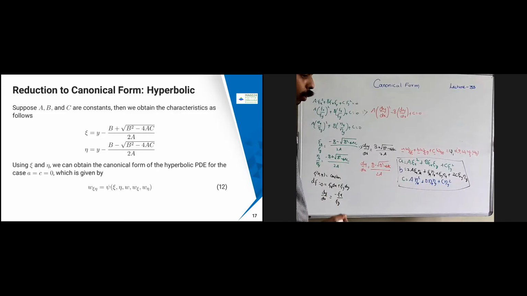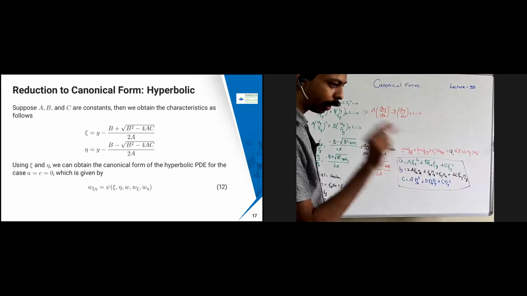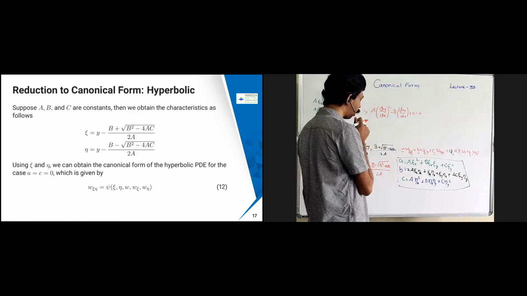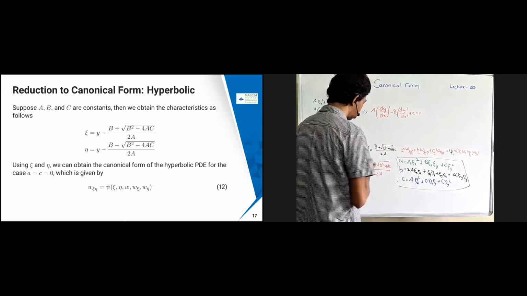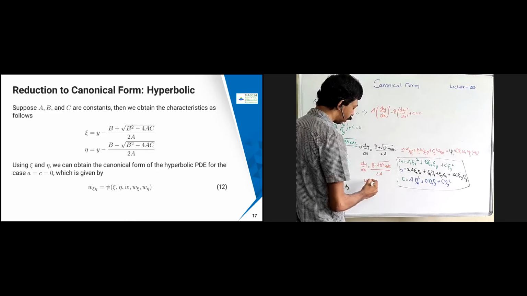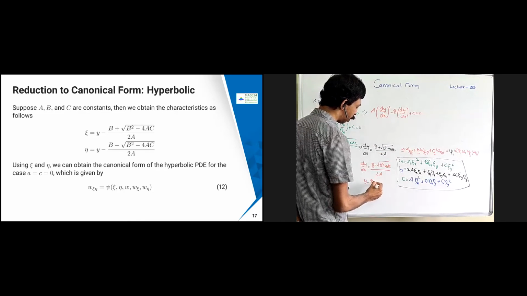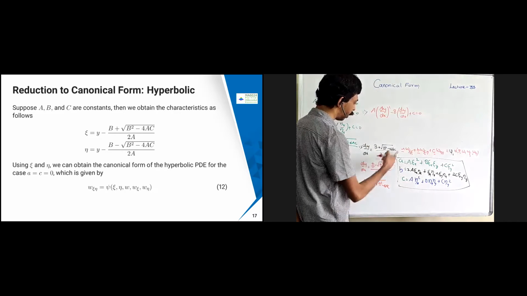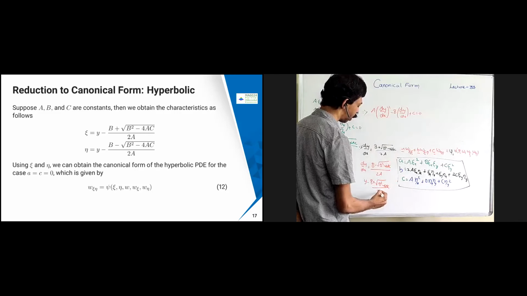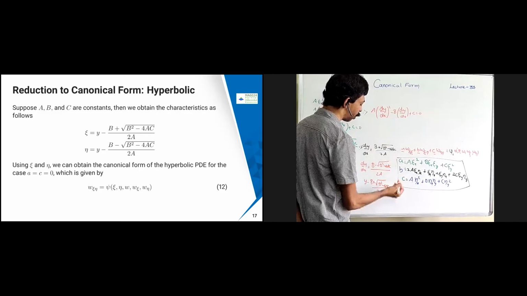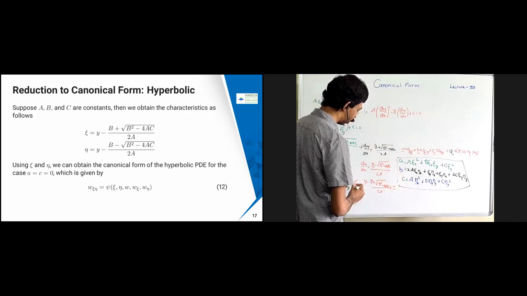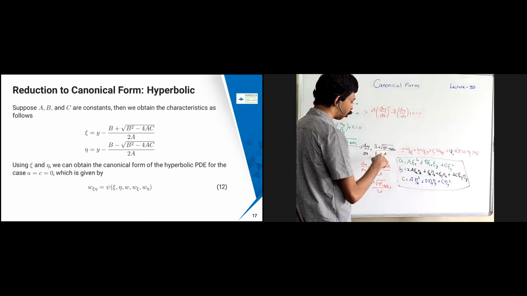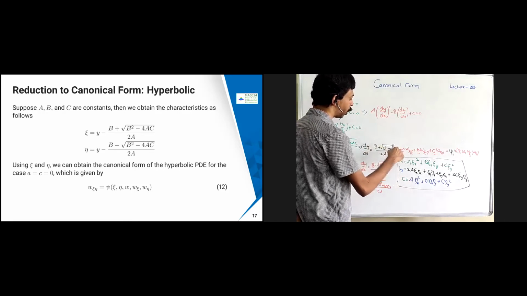So once I integrate this one, sorry, there is a mistake here. Suppose this is a constant. What am I going to get? I'm just going to integrate this one. Y minus (b plus square root of b square minus 4ac) x, suppose I assume everything is constant, then I'm going to get equal to some c1, that I call chi. So if I integrate this one, this side is going to become y, and the other side is going to be (b plus square root of b square minus 4ac) into x.